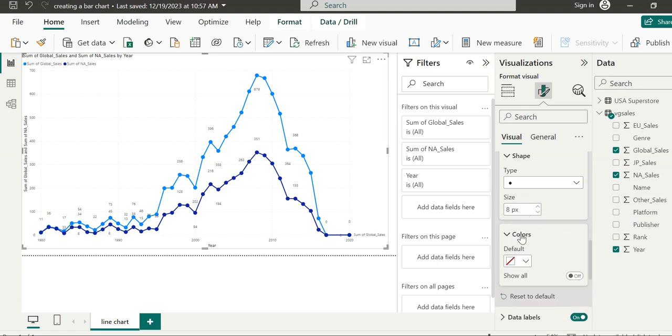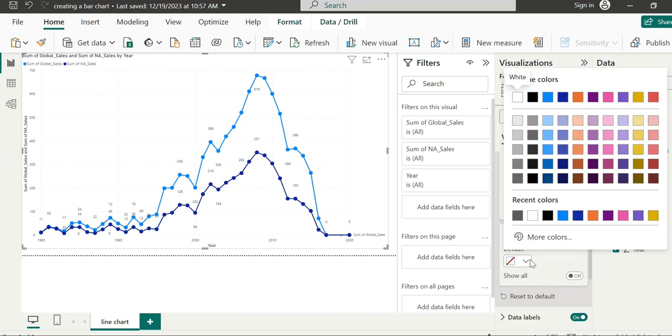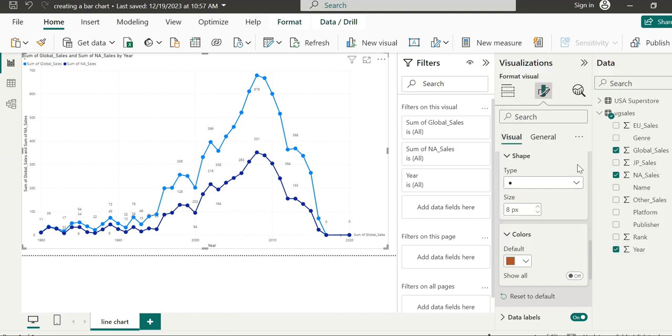If I go to the color, the default color is this one, and if I go with this color, you can see we can control every aspect of the marker.